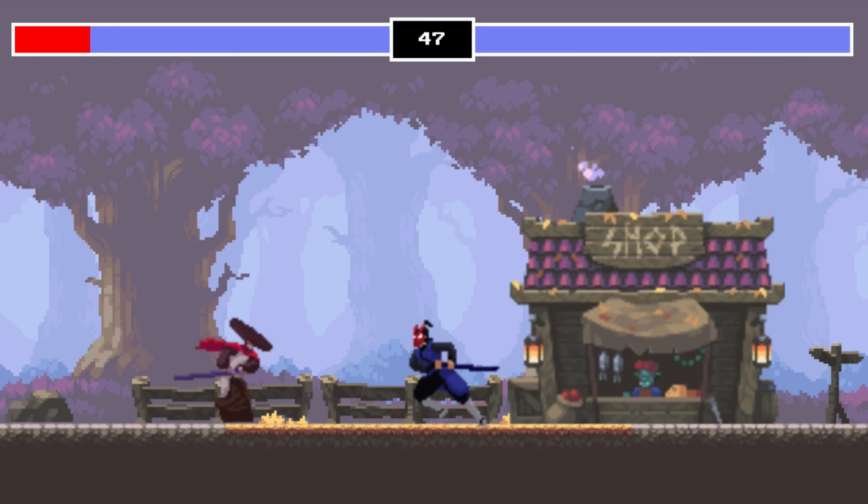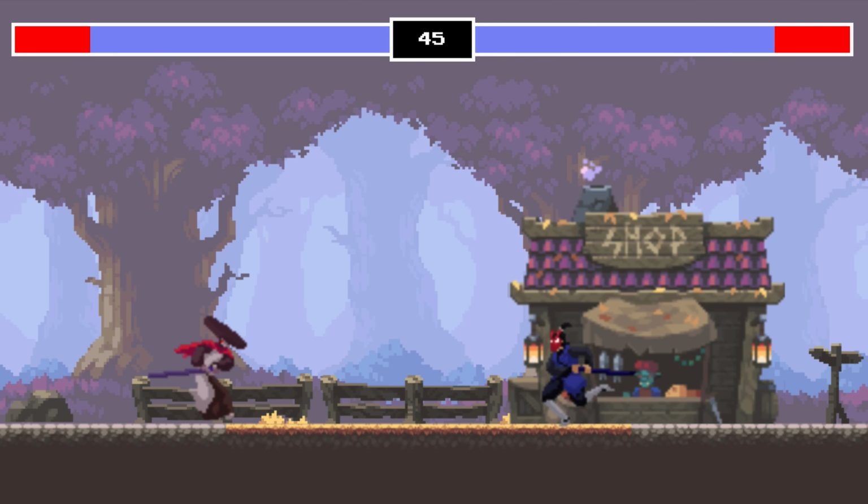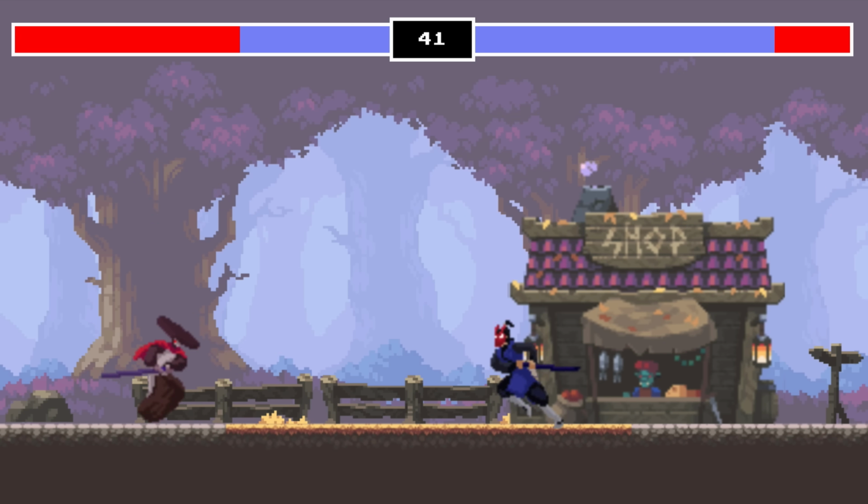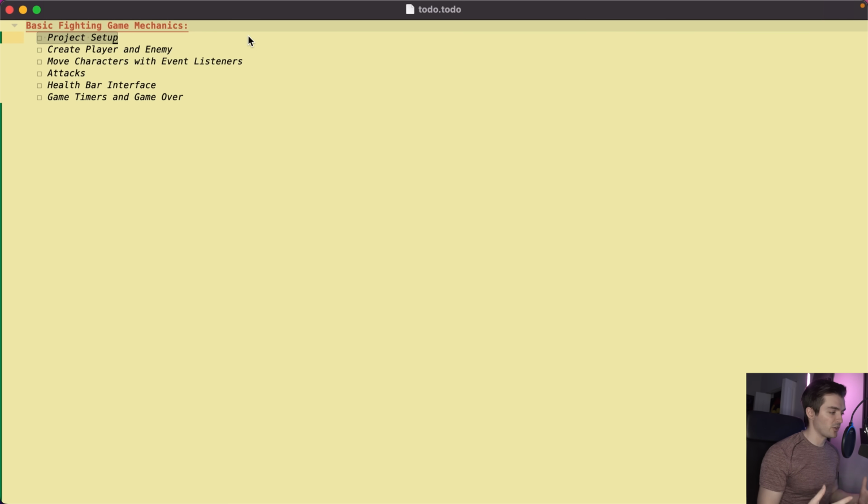We'll learn how to create sprites for both our background and our fighters, and then we'll touch up our interface design, making this game ready for live on the web. So without further ado, let's get started. So the first thing we're going to do is focus on project setup. This just means we're going to set up our folders, our files, pretty much everything we need to get up